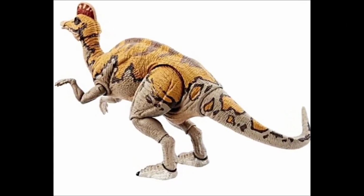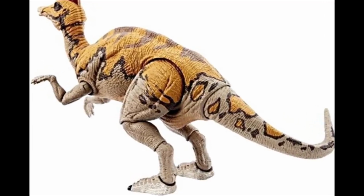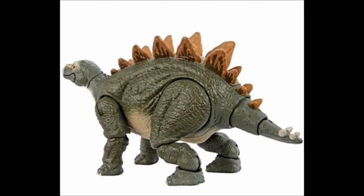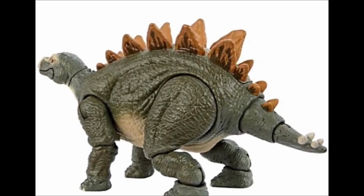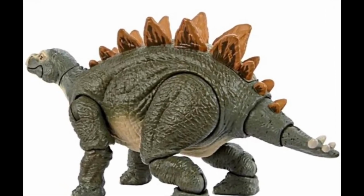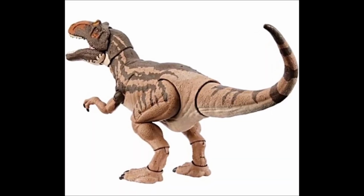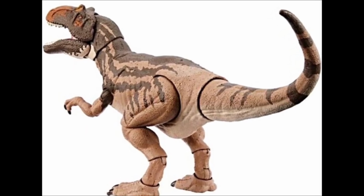I'm sure most of you would probably agree with me if I'm right. Let me know in the comments below. Am I right? Which are your favorites? Because I would have to say juvenile T-Rex and Corythosaurus for me. Although Irritator does look really awesome. I must include that. But yeah, one last time looking at the dinosaurs from Wave 3, we have the Metriacanthosaurus,